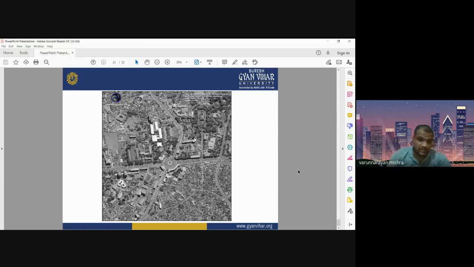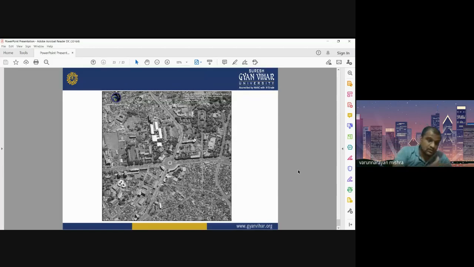High resolution images are very much useful in urban planning, as we know that they provide details up to 50 centimeter. But the only constraint is that they are not freely available, and you need to purchase these satellite images if you want to study urban area, urban planning using Ikonos, QuickBird, WorldView. SPOT 4 is also not freely available. You have to purchase it. Cartosat is not freely available. You need to purchase the Cartosat images.